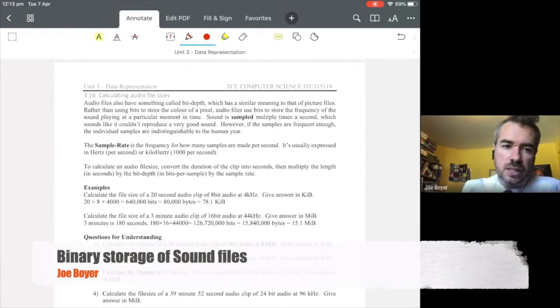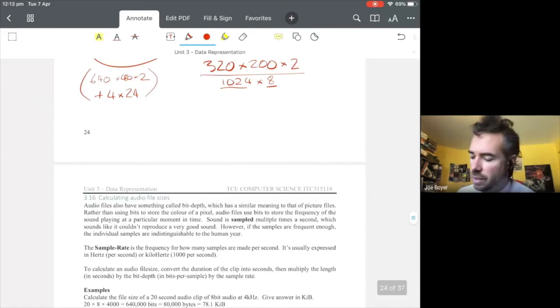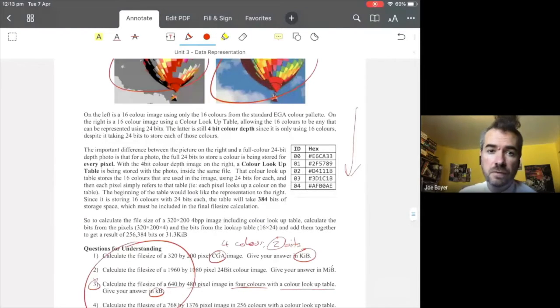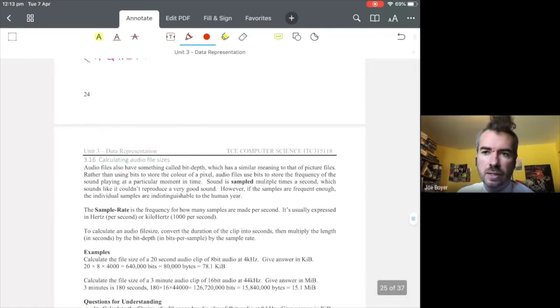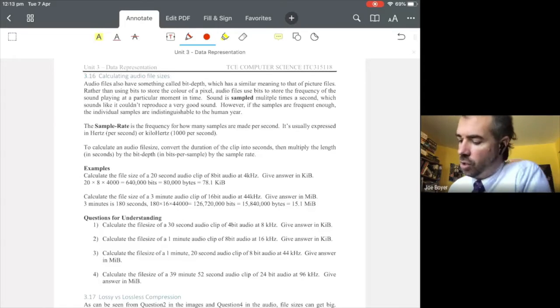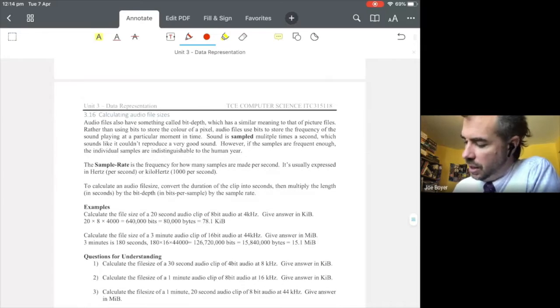All right, so we'll move on to the next topic as well, which is very, very similar to the last one. That last thing that we've talked about has been very heavily focused on how we calculate the size of pictures, but we're also going to need to discuss how we calculate the size of audio files as well. So just like pictures, if we're dealing with audio files, we also have a bit depth. Although it's got a slightly different meaning, because remember that in pictures, our bit depth,